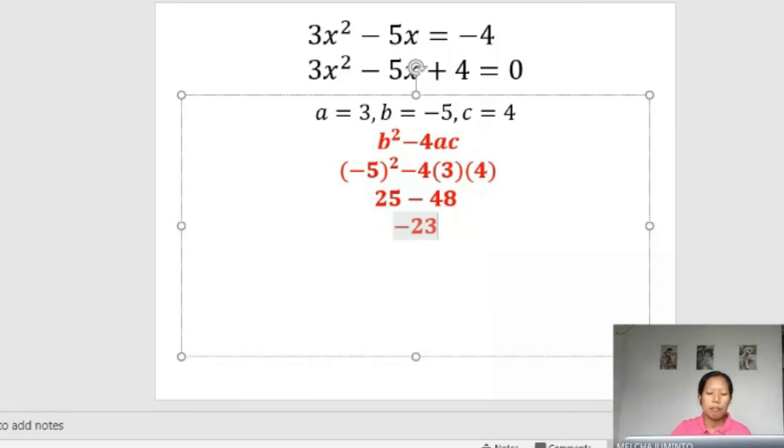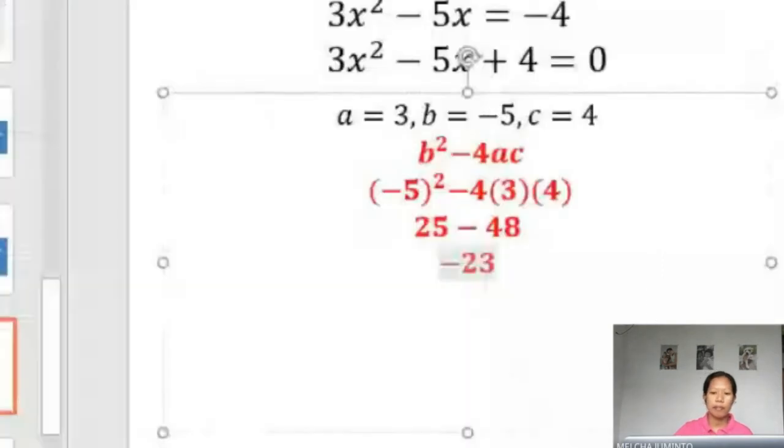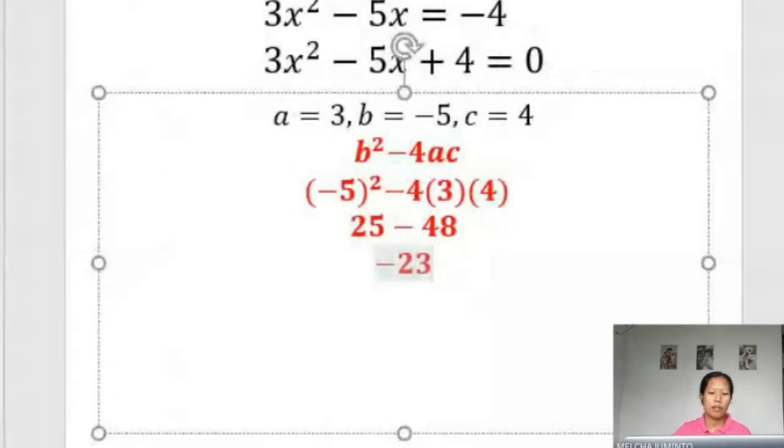Okay. Since the result is a negative number, in what particular case will it fall? First, second, third, or fourth? Case number 4. Correct, Jumel. It will fall in the fourth case, which states that